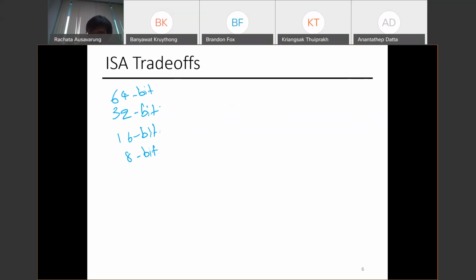You can specify more operations. You can basically embed more information if you have more bits. What are the downsides of having 64 bits versus 8 bits? Storage, yeah, obviously is one of them. Another one is energy. It takes more space, takes more power. Exactly. So these are different trade-offs